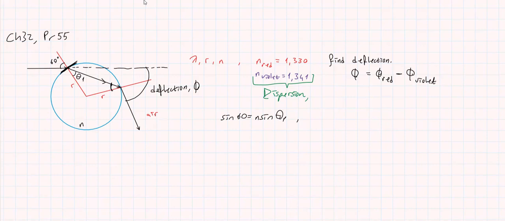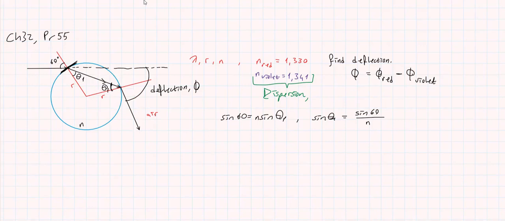Okay, and I will find that sine theta 1 will be equal to sine 60 over n. So I will keep this in my pocket and I will use it in a minute. As you can see, this length is r and this length is r as well. So I can say this is also theta 1, right? Now, if I say that this is my incident ray and this is my emergence ray,